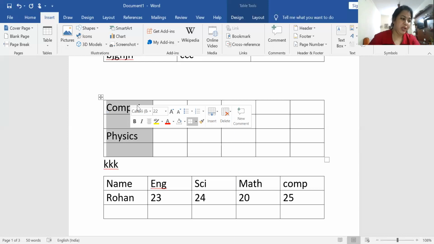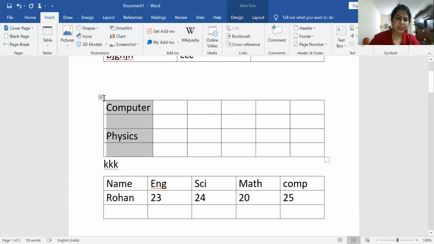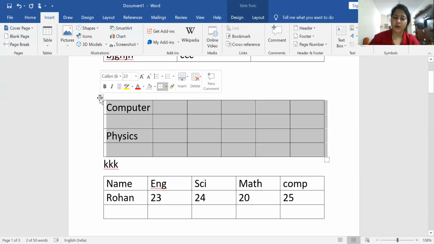Okay. Now the whole entire table has to be selected. Now you just click on the table and move the handle or drag. Just to see here, you are seeing four arrow keys; that is the drag handle or table handle. So if you click here, the whole table has to be selected. Okay, the entire table has to be selected.